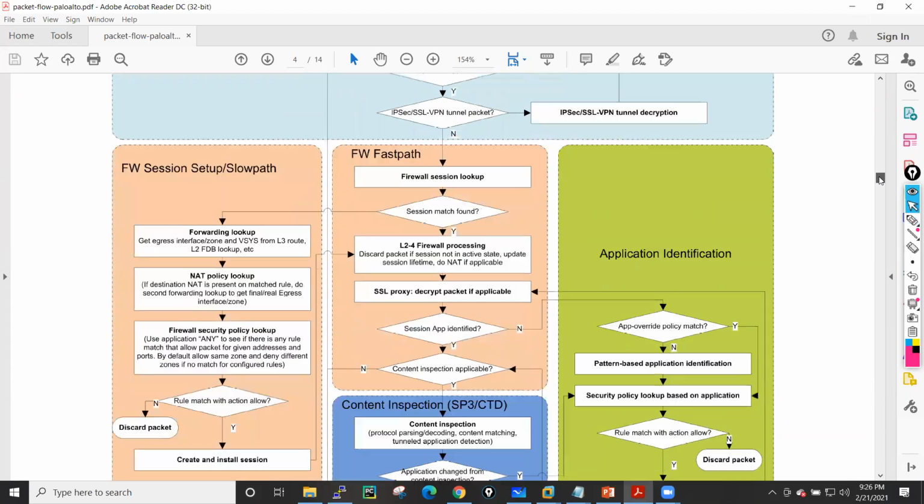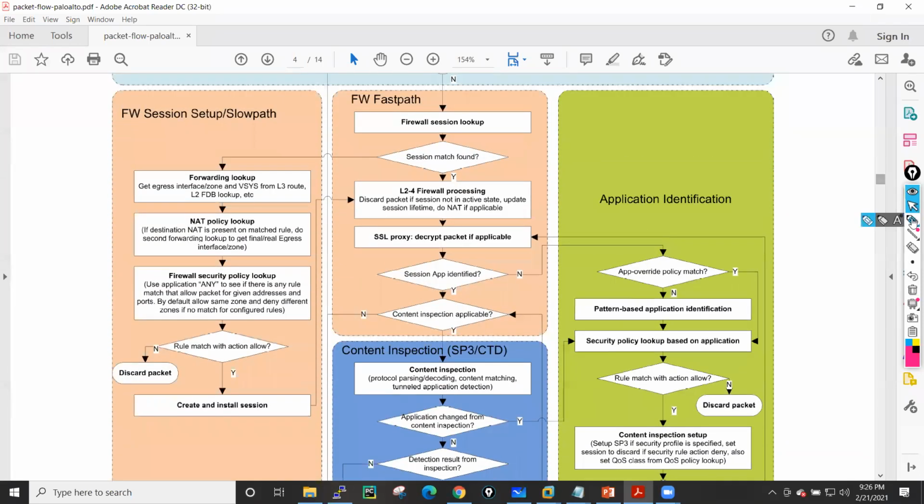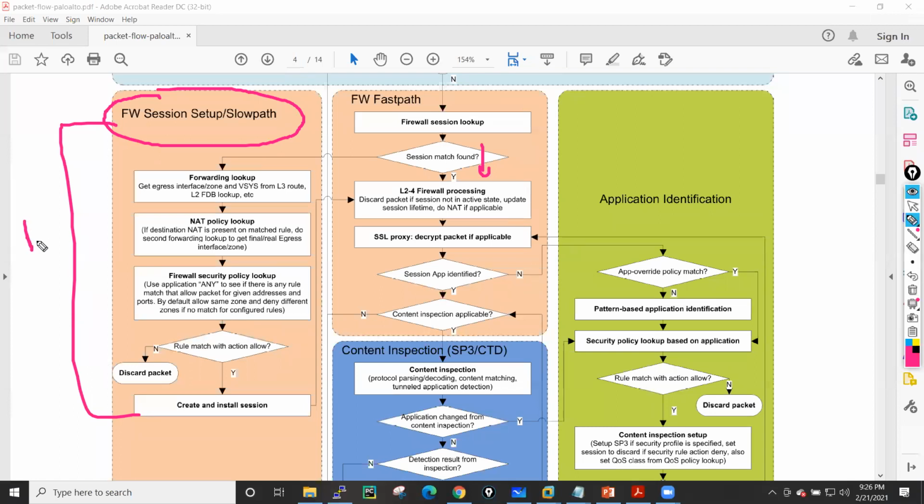Now in session lookup, basically, let's say my firewall found the session. Whenever my firewall finds the session, it will completely bypass the session setup state. That's the state which is bypassed due to your stateful inspection. Just remember, due to your stateful inspection, that's the state which bypasses the firewall completely.